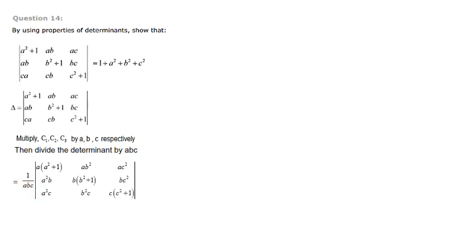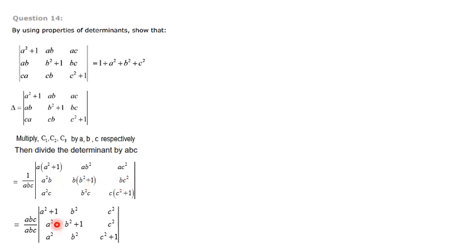Then when you look at the rows, here you can see a. That means a is common here. In the second row, if you check, b is common. Third row, again, c is common. Take it out, abc. So from the first row, a going out means it is a square plus 1, b square. From here, a going means c square. And in the second row, we are taking b outside. That means a square is the balance. Here, b square plus 1 is the balance.